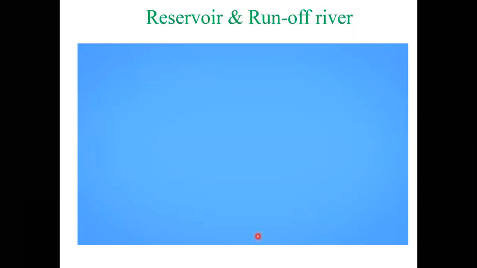So in this one, we have identified clearly the difference between reservoir type and a pumped storage type, and similarly a runoff river without pondage. So whatever the plant is shown in this diagram, that is nothing but a runoff river on the second side. But the difference between runoff river without pondage and with pondage is when you don't have any pondage. Pondage means, already I told you, a storage facility.